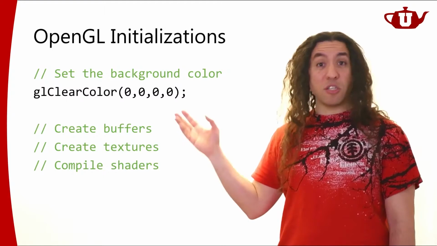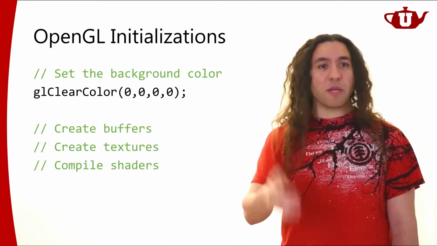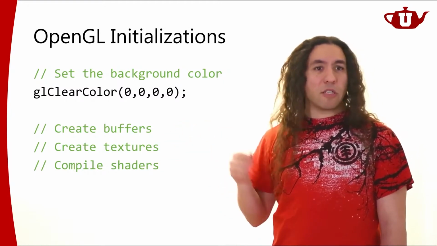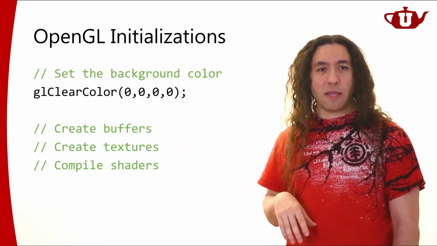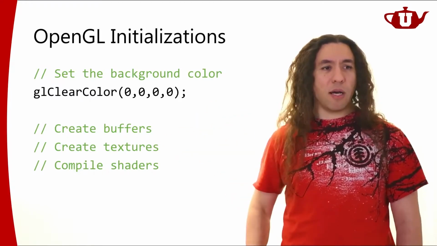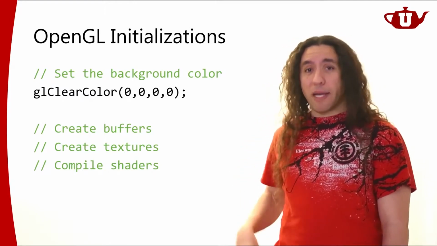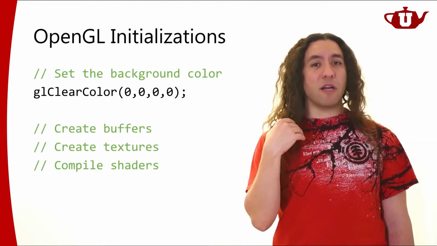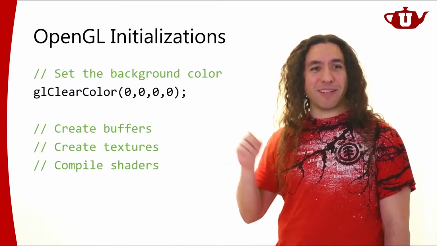You can change the clear color during the course of your application while your application is running, but you'll probably need to initialize them once. If you don't initialize them, you're just going to get the default things. And defaults may be good enough for you for whatever you're doing. Maybe not. But in general, we're going to be doing a whole bunch of initializations here. For this very first project, I think this is good enough. You won't need to do anything else.